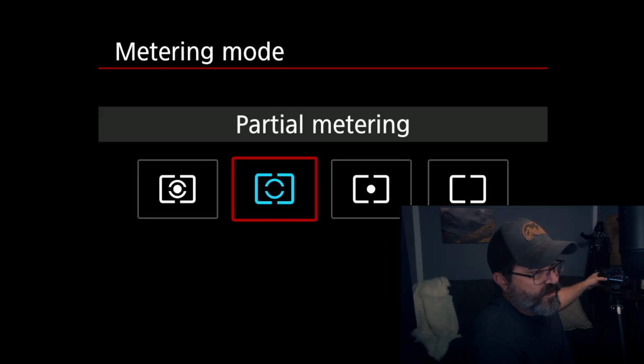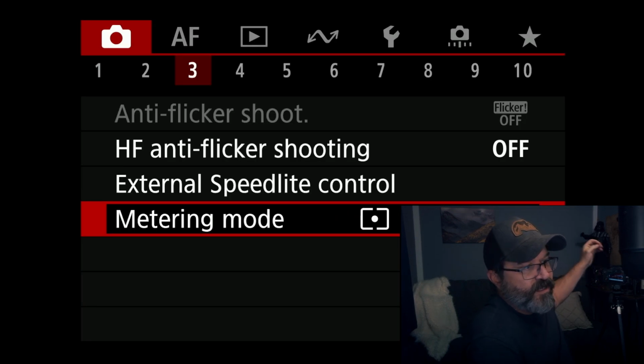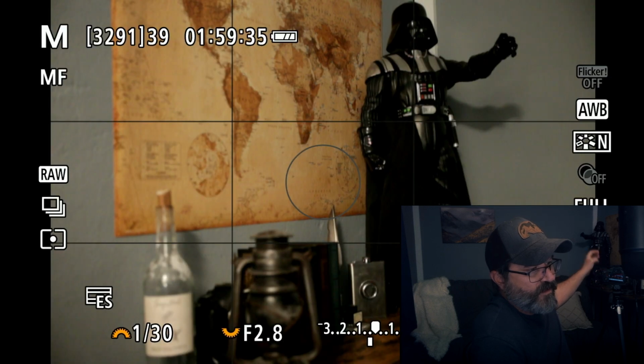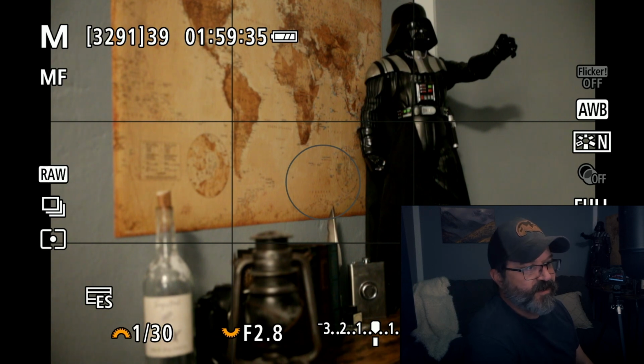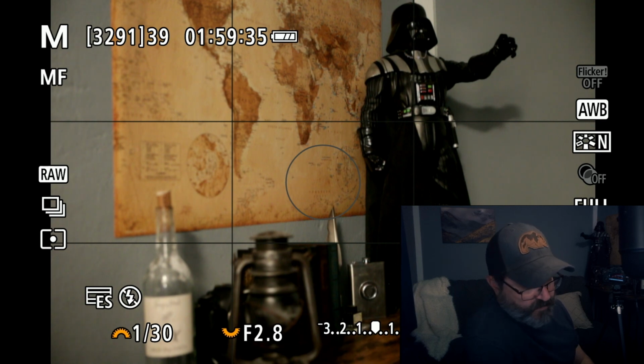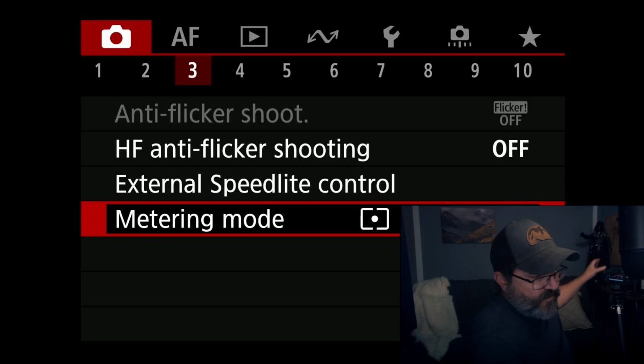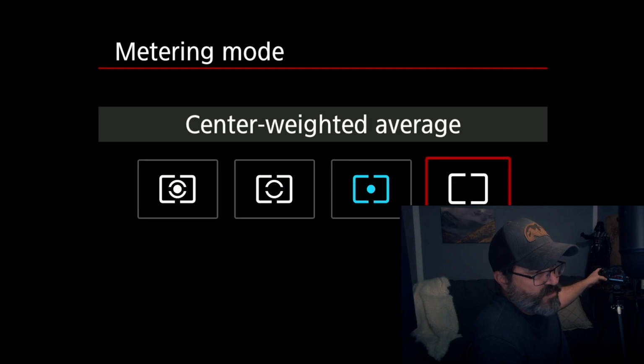If we go to the next one, spot metering. See that circle got a little smaller. We're now looking at about 1.5 to 3% depending on the camera, and that's where it's taking the readings from that sensor to get you to that 16% gray. So now if we come to the last one,